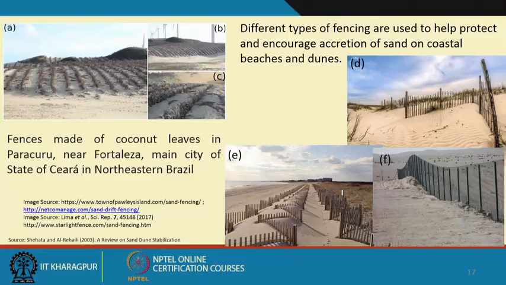Okay. Then this is a typical example. This is a different example of sand fencing. Different types of sand fencing are normally used to protect and encourage accretion of sand on coastal beaches and dunes. So this is the first case. In the first case, here you can see